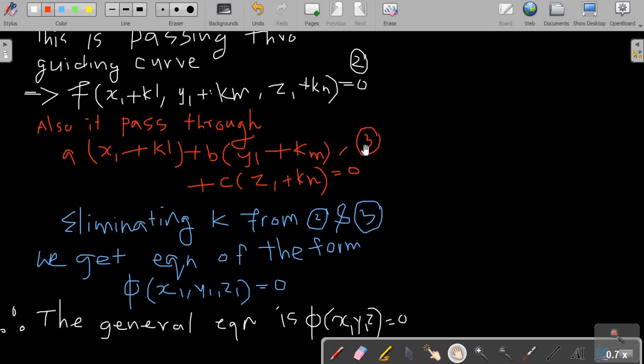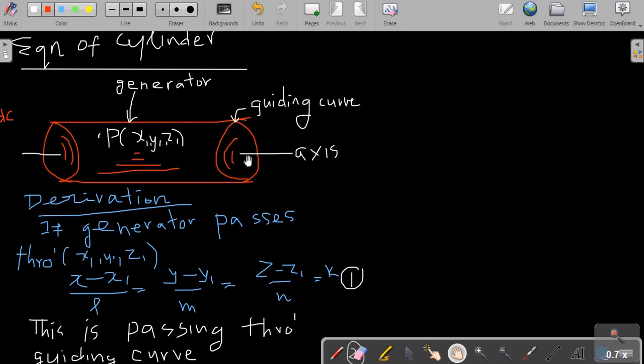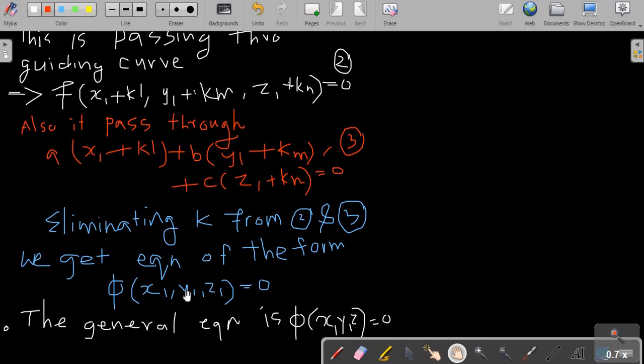So from equations number 2 and 3, if we eliminate k, we will get an equation of the form phi of x1, y1, z1 equals 0. Such an equation we will get, and this equation is the equation of this cylinder. So the equation of the cylinder is phi of x1, y1, z1, where the point is x1, y1, z1. So for a particular point, we have this particular equation. But